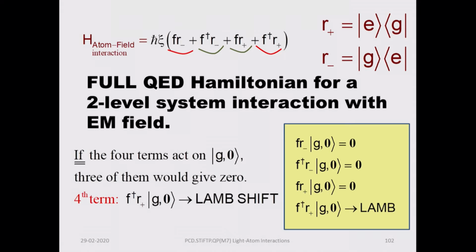Similarly, when there is no photon in the state, you cannot destroy it. So, that would also give you a 0. The only thing which will give you non-zero contribution is what will give you the Lamb shift. It will not induce a transition from the ground state to an upper state, but the spectra will be displaced